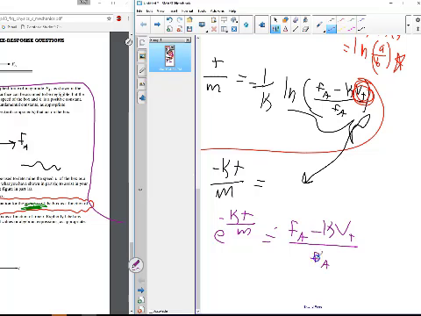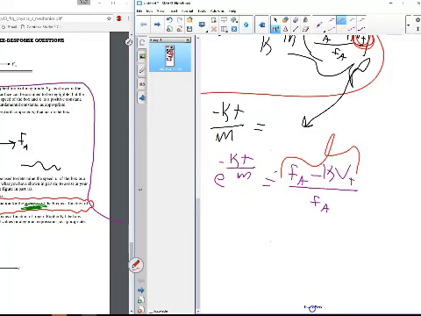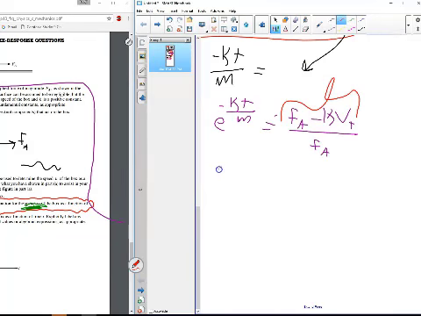I guess we could multiply by f sub a, and we'd get f sub a times this is equal to f sub a minus k vt. But I still think there's a better way to approach this. We can really just simplify this whole chunk of information by just dividing. So what we're going to get is e to the negative kt over m is equal to 1 minus kvt over